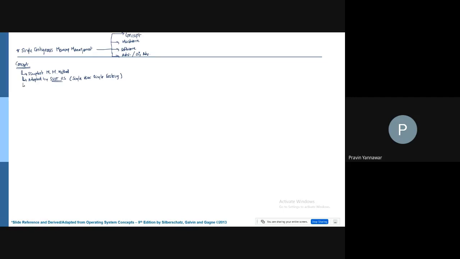where there is no concept of multiprogramming. In simple terms, there is no multiprogramming involved, which means I'll just write it here as no multiprogramming. So this will give you more idea. So this is no multiprogramming,